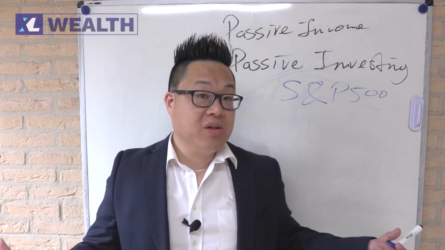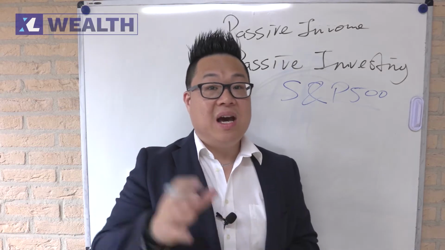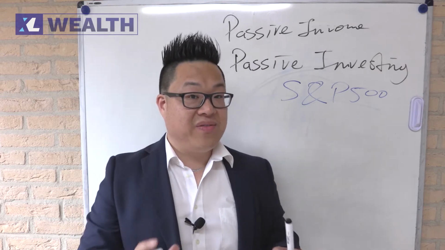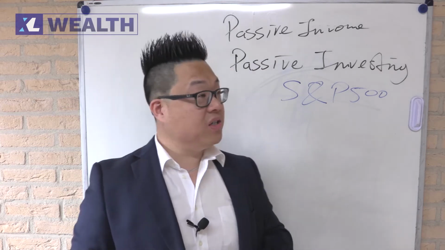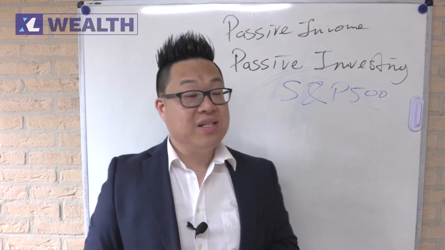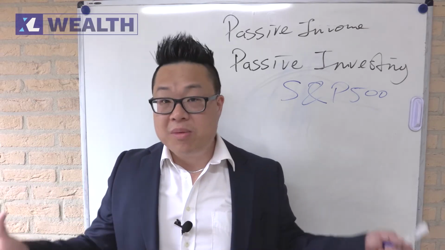Or there's a different method called dollar cost averaging, which is like monthly investing. Every time you have money left, you just put it in. This is passive investing. You just do your research up front. You think, now this is the stock that I want to invest in, this is the amount that I want to invest, and that's what you do. You just do it. You don't really care about what the market does.